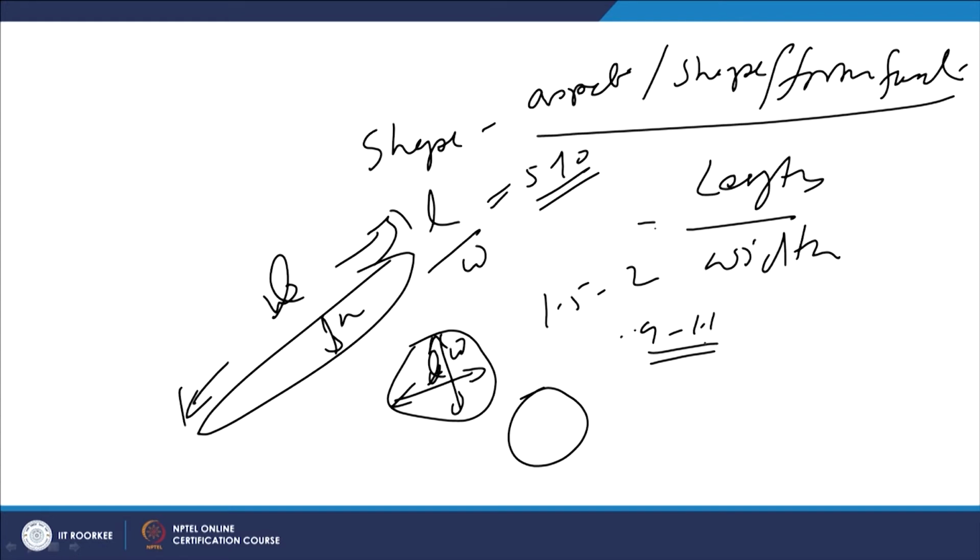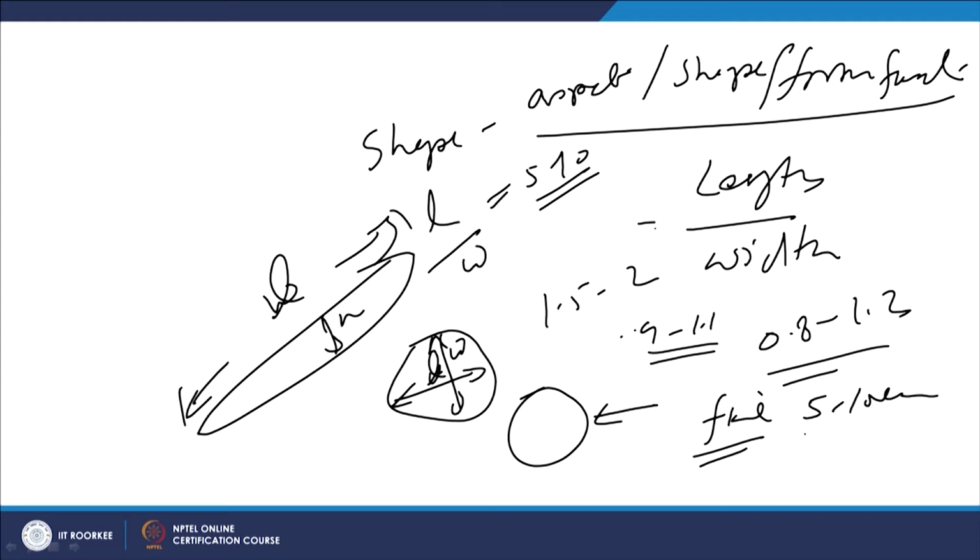For wear resistance applications, it is always preferred that microconstituents are of the spherical family or close to the spherical family, where aspect ratio is like 0.8 to 1.2, so that the length and widths are almost same, and at the same time they are fine in size, like 5 to 10 micrometer, very fine size.